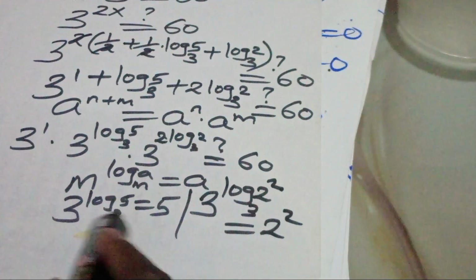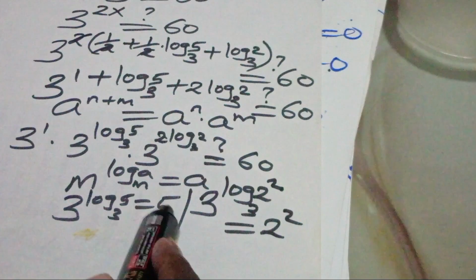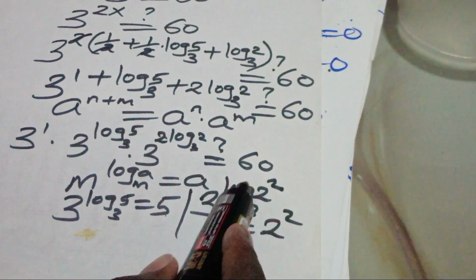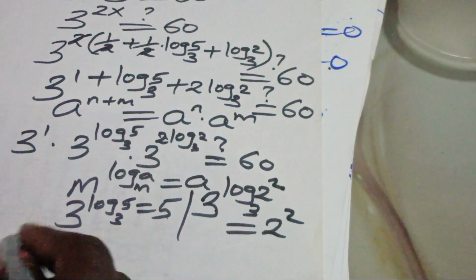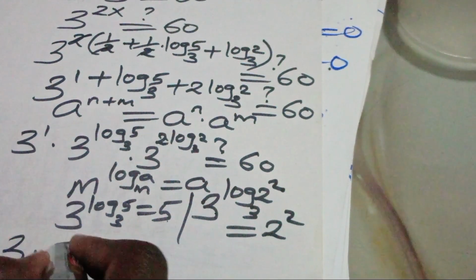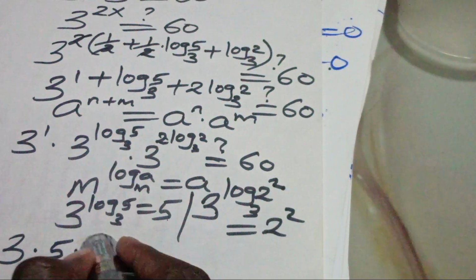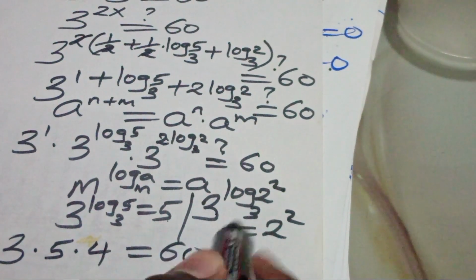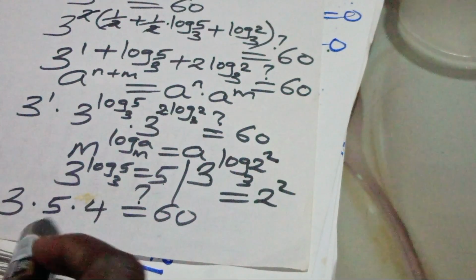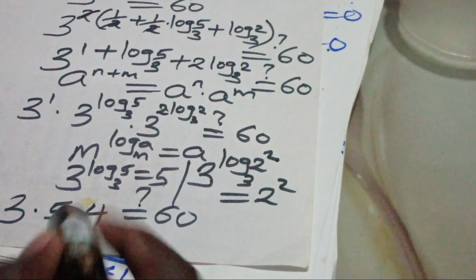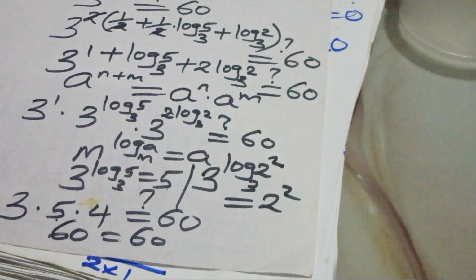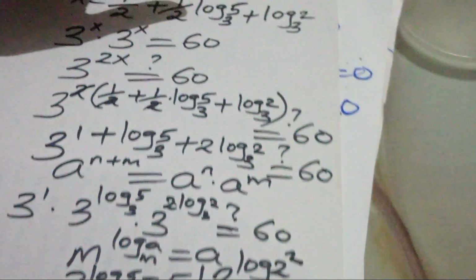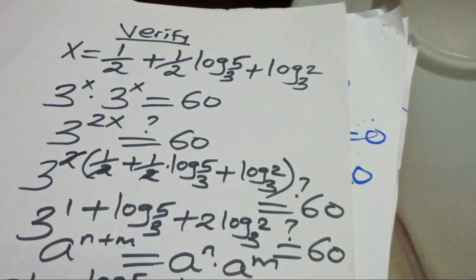Now, substituting 3 to power log 5 to base 3 with 5 and substituting 3 to power log 2 squared to base 3 with 2 squared, this means that we'll have 3 times 5 multiplied by 2 times 2, which is 4. This is supposed to give us a value of 60. Now, you can see clearly 3 times 5 is 15 times 4, which is equal to 60. And that means that the left-hand side is equal to the right-hand side. And that affirms that the value of x, which is equal to half plus half log 5 to base 3 plus log 2 to base 3, actually